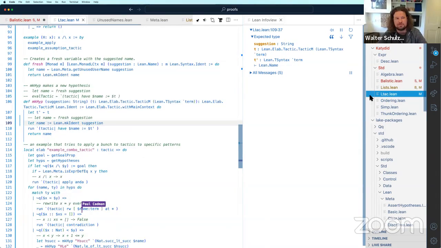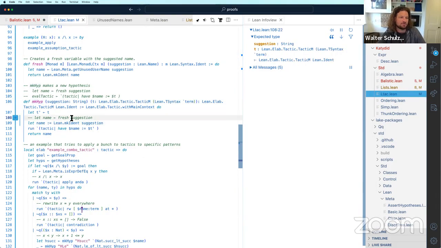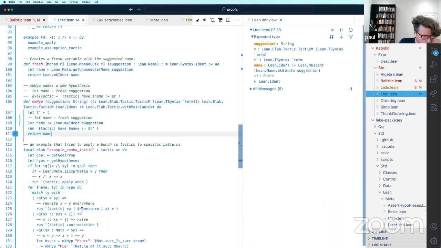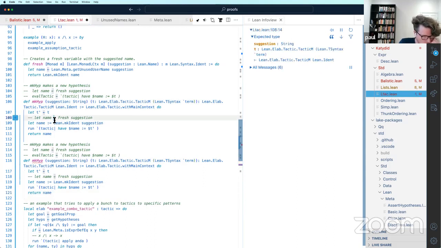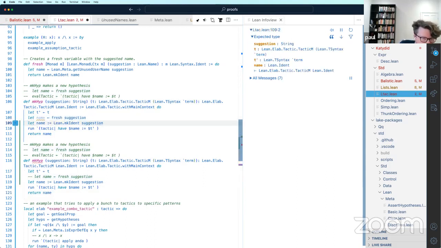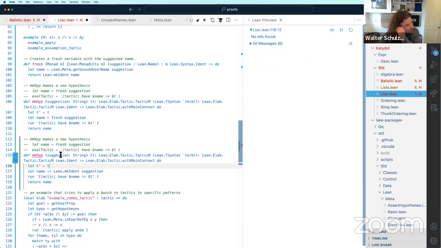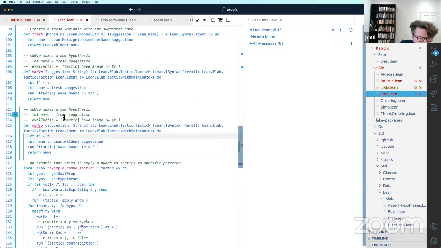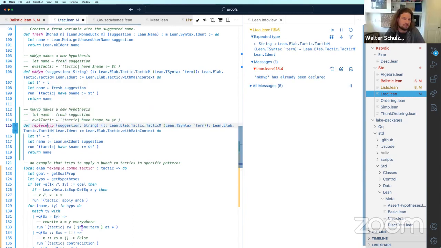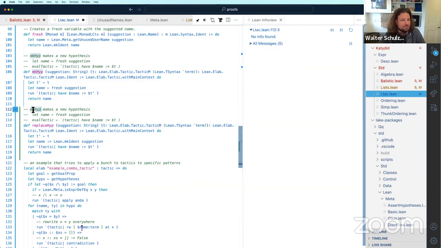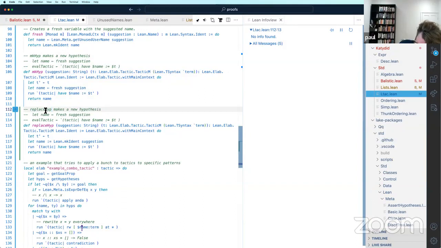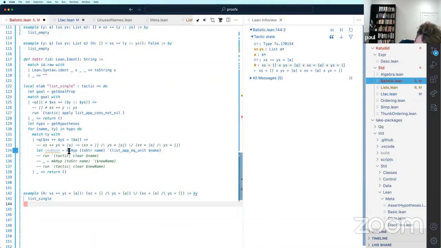So what I think is make hypothesis should stay the same, but we can make a new one that does what we just wrote. Just replace, or maybe there's a better name. Because it would replace if it exists.